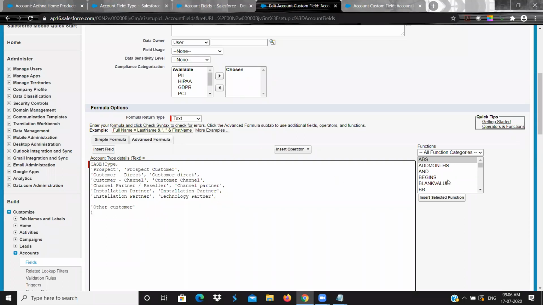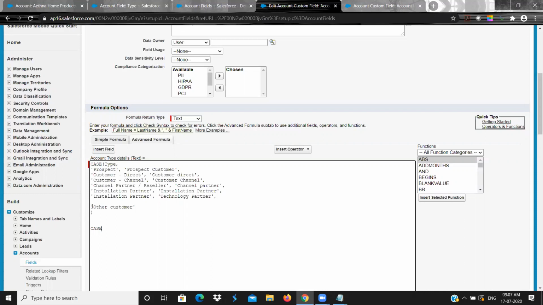The last one, Other Customer is there, right? That one we did not select anything, it will come up if nothing in the drop down matches these values. If you have any other value selected, it will not satisfy any of these, so in that case it will have this as the value. This is the syntax. If you are using CASE, you need to give this else result. This value you need to give compulsorily. Any result you have to give because that is the syntax.